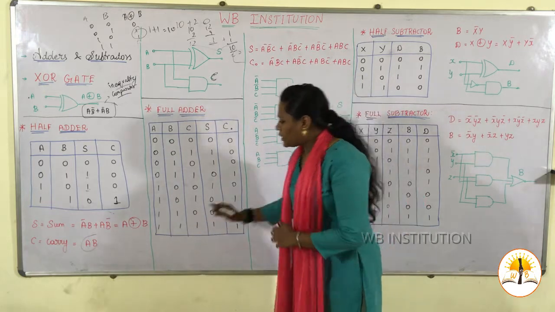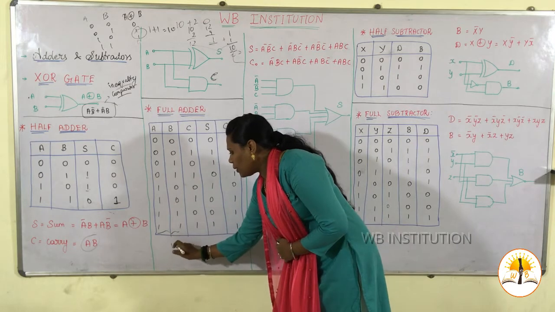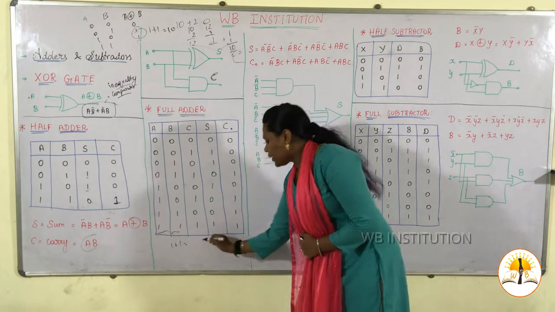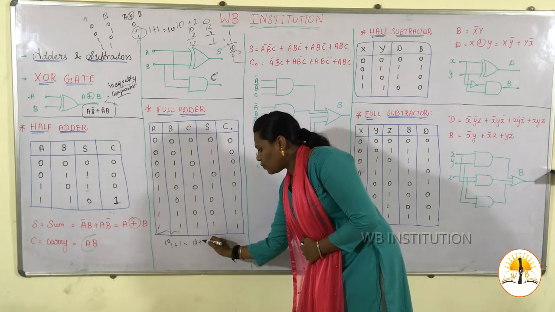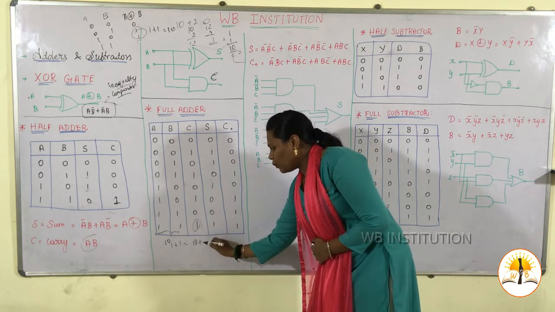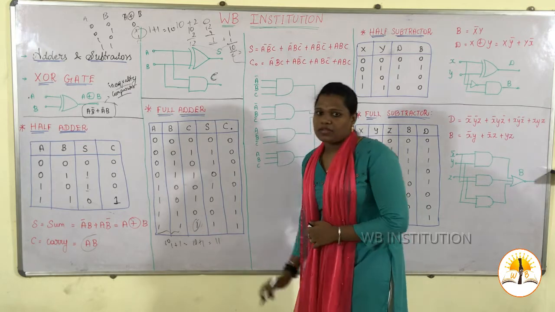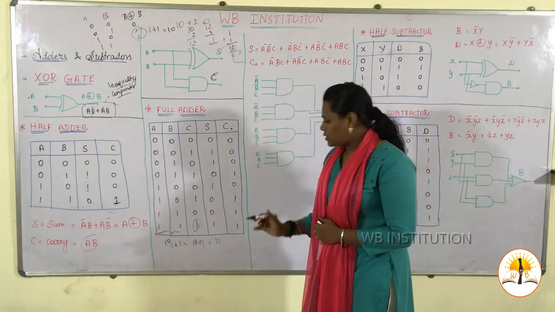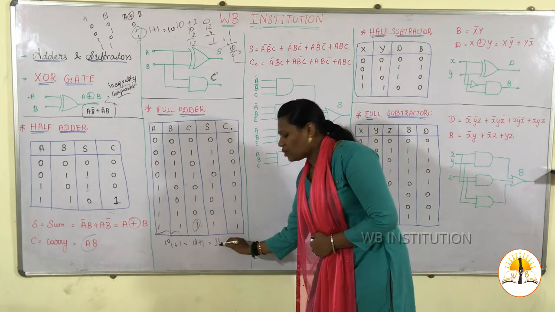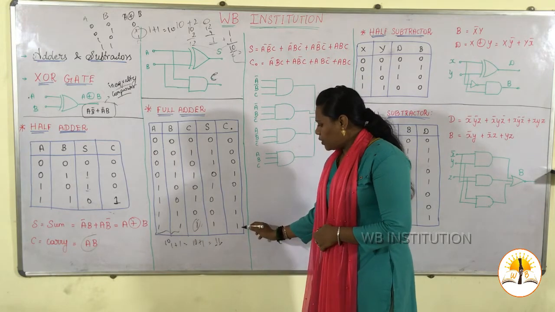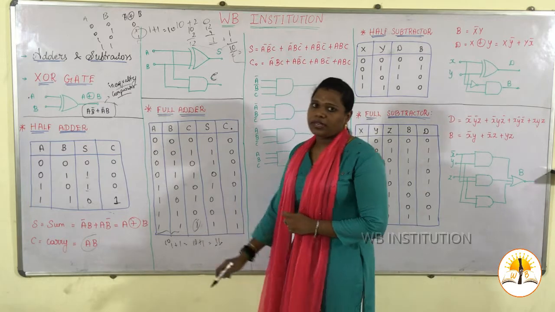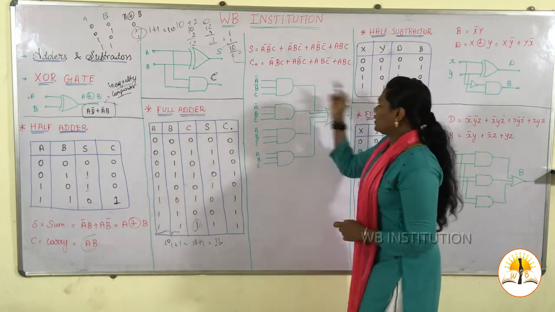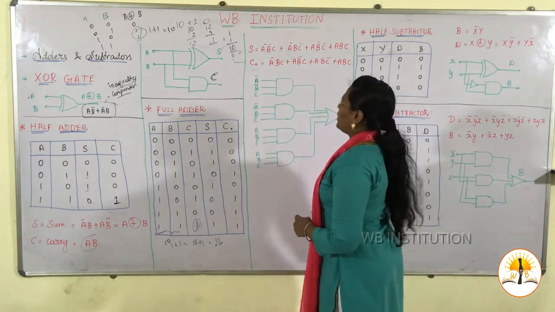Okay, so first take these 2 bits alone. So 1 plus 1 will give you what? 10. Okay, so this is the answer for these 2 1s. So take this 10 and add with this remaining 1. It will give you 11. So normal 10 plus 1 is 11, right? So this is your sum, this is your carry. So sum will be also 1, carry will be also 1. This is applicable for your 3 ones. Okay, and the logical explanations.